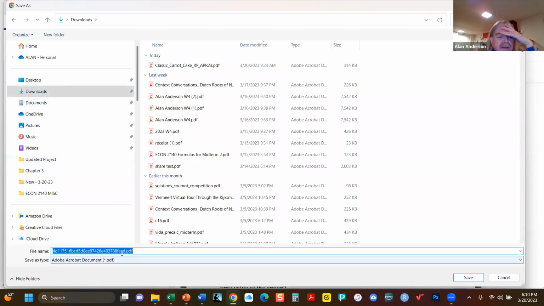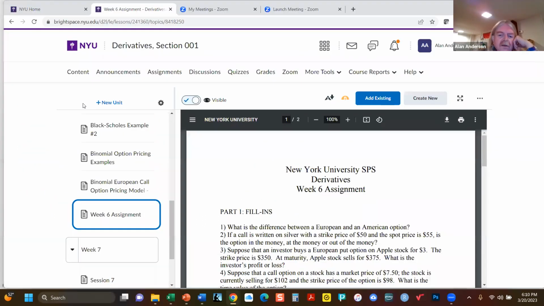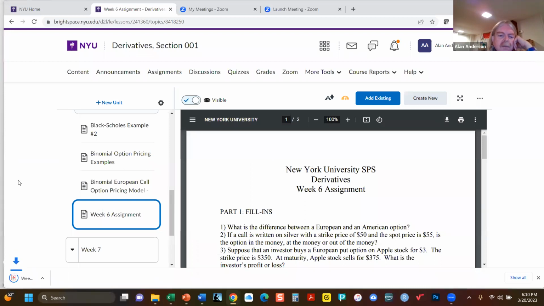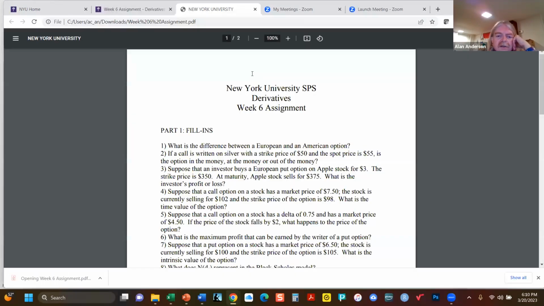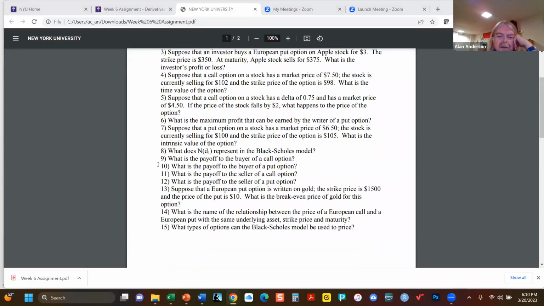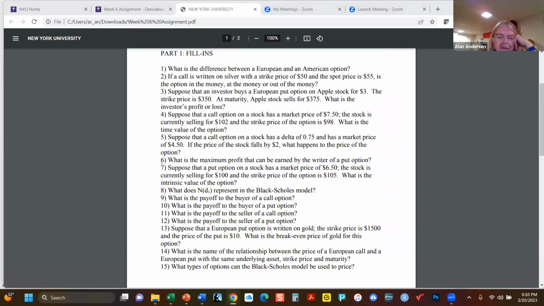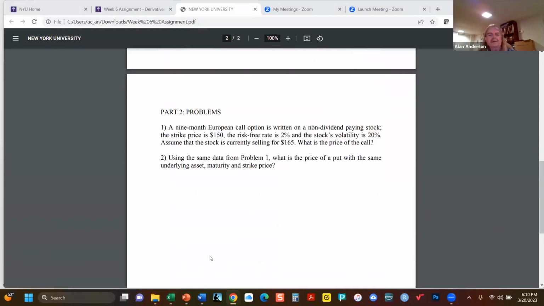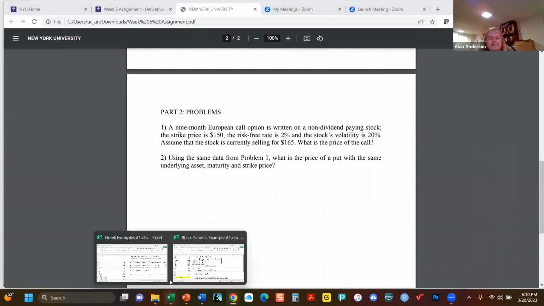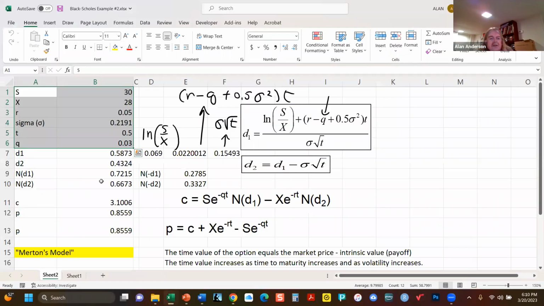See now, yeah, this is the assignment, and it actually is a Word document. I'm just downloading another copy of it so I can show it to you. So if you look at this thing, again, there's 15 questions, fill-ins that you can do based on the slides. And then, so here we go. So using this as a template,